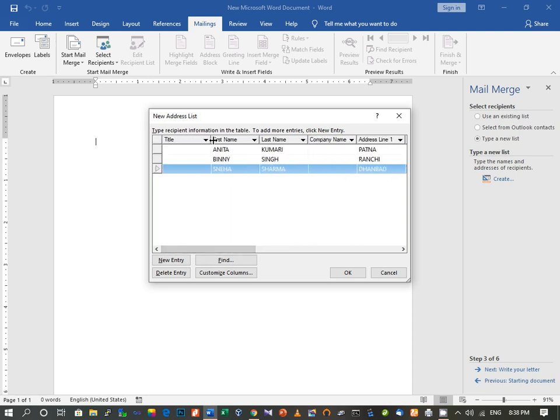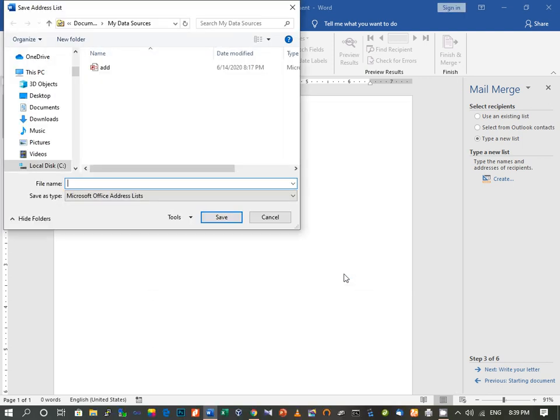Even here, you have to choose. I have just taken first name, last name, then address line 1, then state, and pin code. But whatever you want, you must have seen that there are many entries, so you choose which entries you want and then click on OK. So we have created our data source. This is called a data source.